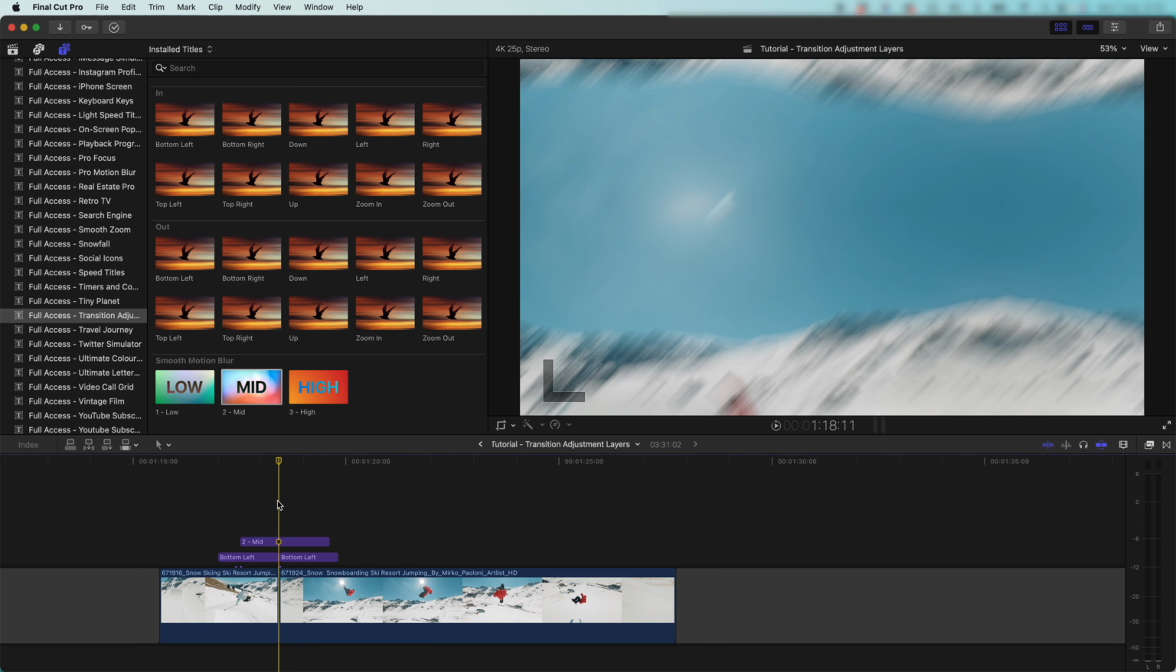So you might be wondering why this is better than a standard transition file, where you would just put a transition between 2 clips. And the reason for that is anything below our transition layers here is going to be part of our transition. So if I add a title,